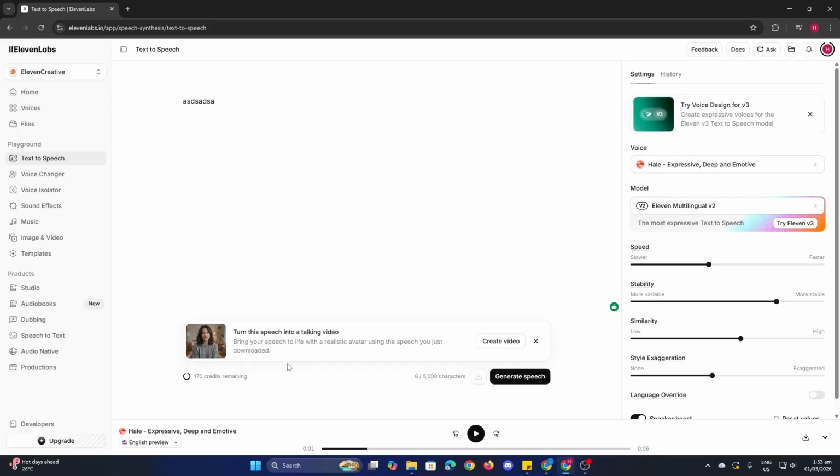You can just go to the bottom left and you can see the previews here of the voices or the languages that this voice can do. So here, you can only see 3 languages here. That means Hale can only do 3 languages. All right. So if you can't really see the language here that you want to use,